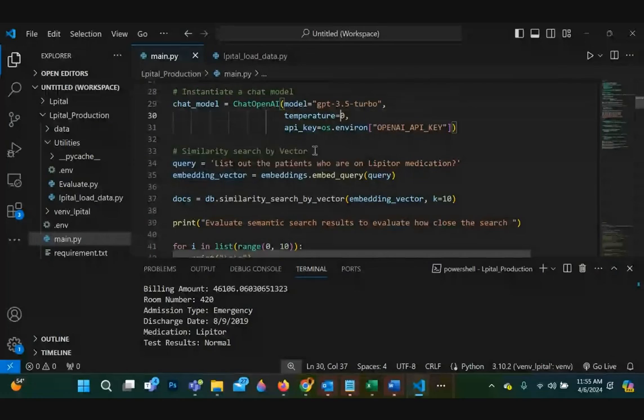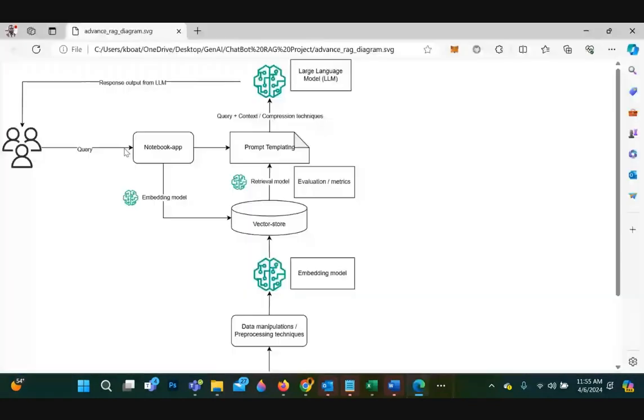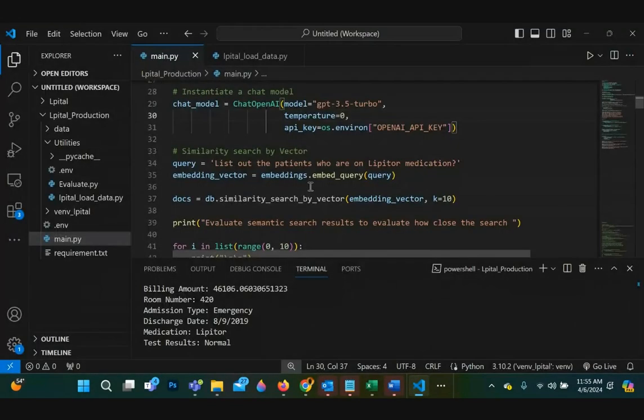And then in terms of similarity, we are here with a question, and then the model will do a similarity search and return results. So that's what is going on here.